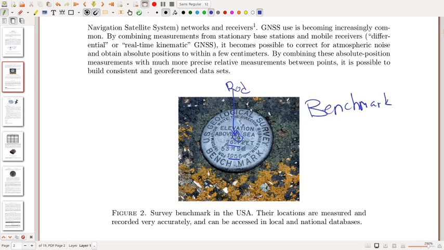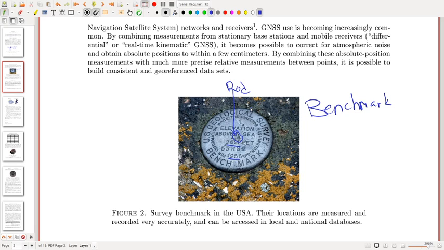Another option is GNSS, Global Navigation Satellite System, of which there's, for example, the GPS satellites of the US, GLONASS, which is the Russian one, and new satellite constellations by China and Europe are coming online as well. So what you can do is combine these absolute position measurements with the much more precise relative measurements between points that you can obtain with classic surveying techniques to build a consistent and georeferenced data set that you can then pull into a geographic information system, in other words, a GIS, and start to build